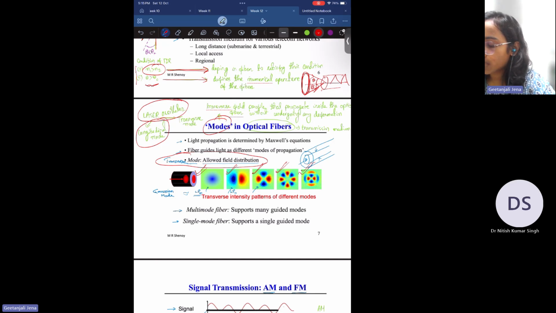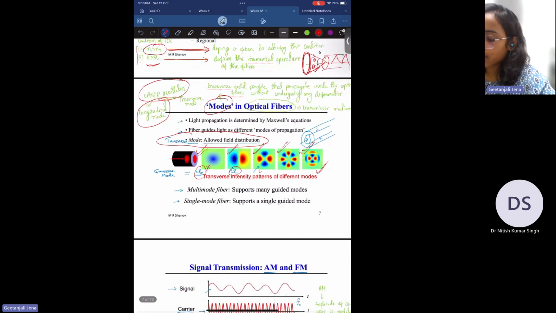So the first one in optical fiber is the LP01 mode. LP means linearly polarized mode. The first one is LP01, then LP11. The details of these are not required here. These are the five different transverse modes of an optical fiber, and